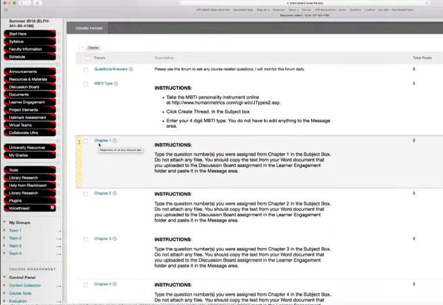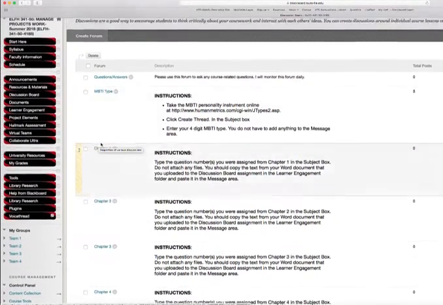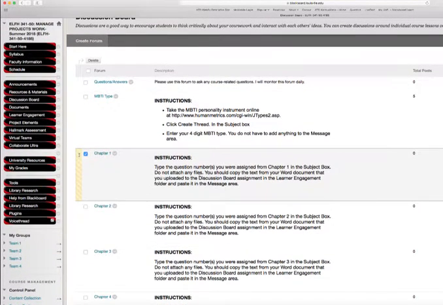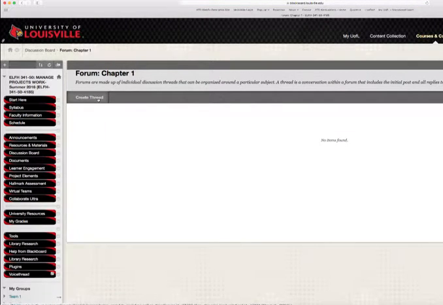All the rest of these are the discussion questions for the first 5 chapters. As we study the project management elements from chapter 1, you will have a discussion question assigned to you for the semester, and only one. If you are one of the students responsible for questions in chapter 1, you simply type the question number you were assigned in the subject box. You don't attach any files. You should copy the text from a Word document that you uploaded for the assignment and paste it in the message area. So if we go to the chapter 1 discussion board, you will create a thread,